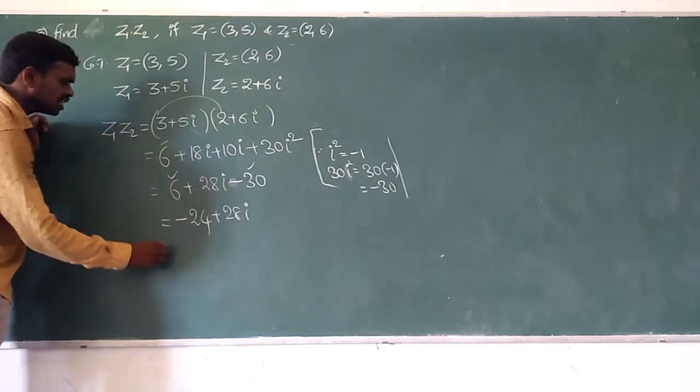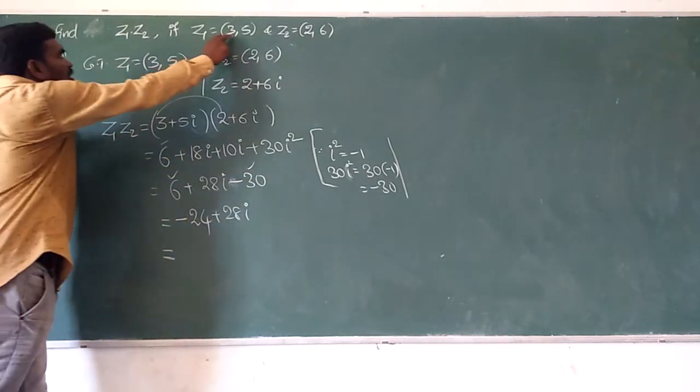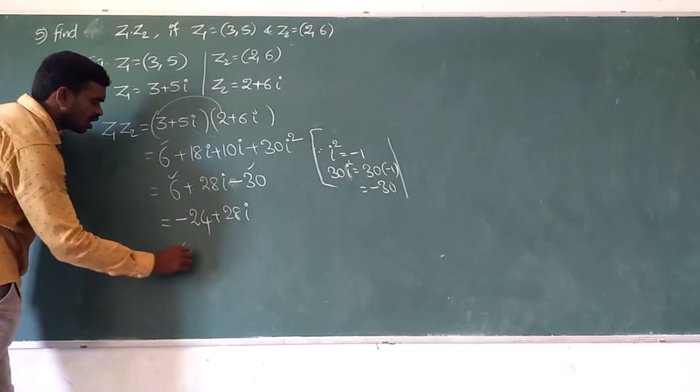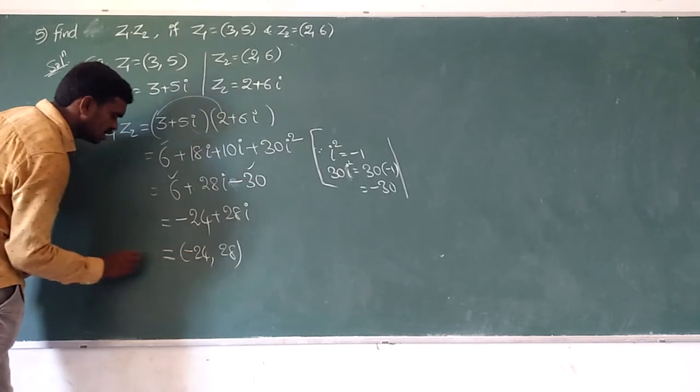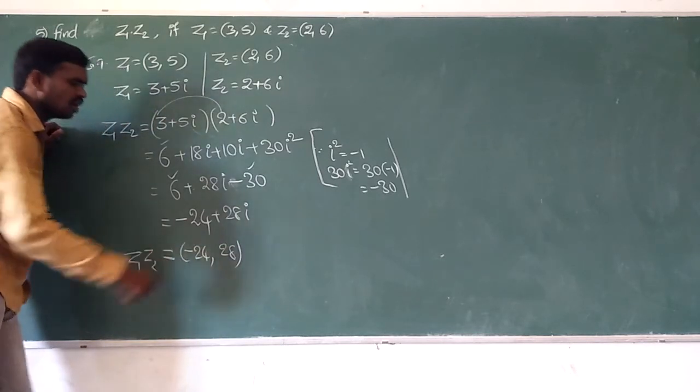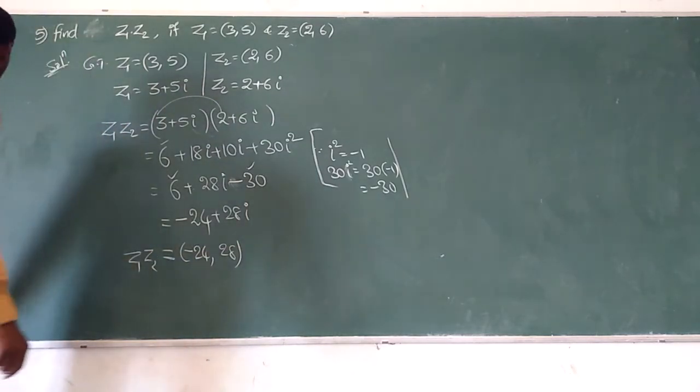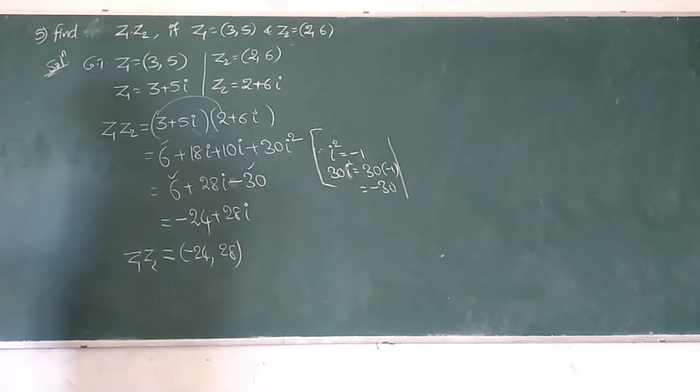So this is Z1 into Z2, and write in ordered pair because the question mentioned ordered pair. So minus 24 comma, imaginary part 28. So this is Z1 into Z2 equal (minus 24, 28). So this is the 5th question. The next